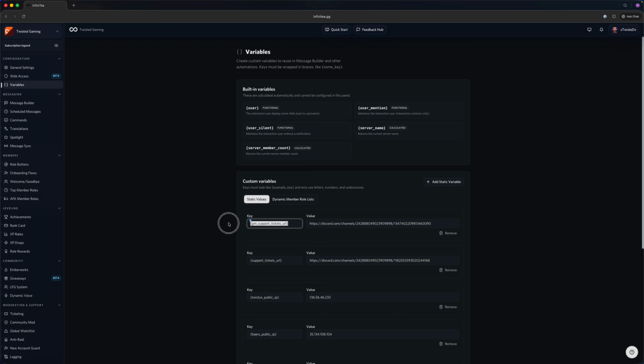Static variables can be defined by giving it a key and a value. It's pretty straightforward. The key must not have any spaces in it, and it must have two curly brackets. The bot will let you know if it is invalid. Once you have set a value, anytime you see the curly brackets, you can use this key to interact and